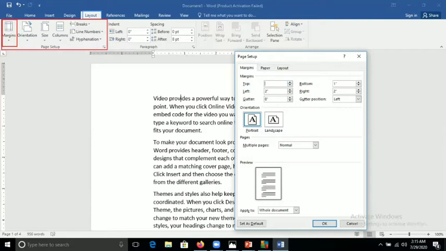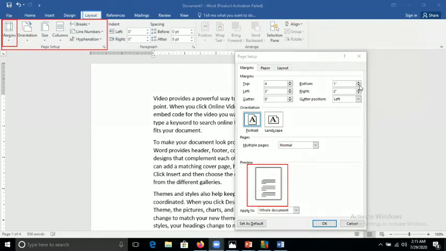For example, I want 4 inch, so I have written here 4. Whatever value I am giving, you can see the preview here. Whenever you change the value, it will be displayed here.